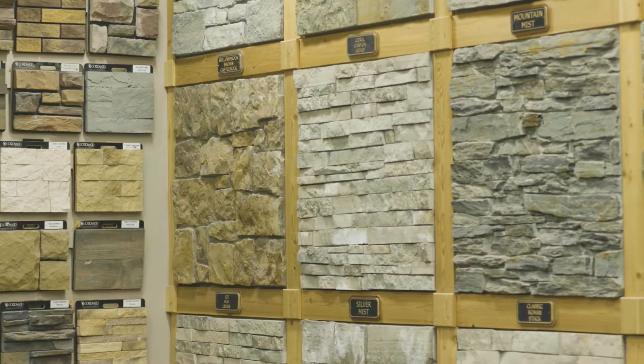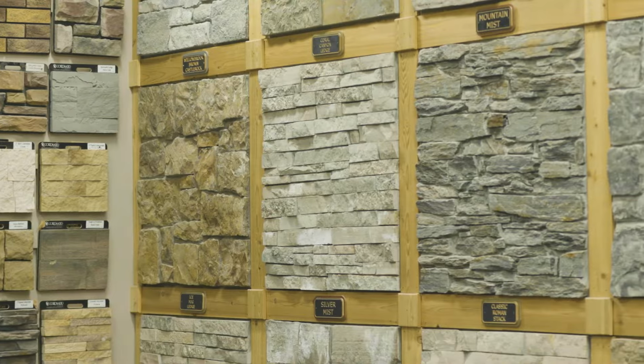How do you choose the right stone? For us, usually what we do is we go find a profile and then we find a color. We call it a cut on that profile. Say I want a traditional cut or I want a linear cut. Once I narrow that down, I'm going to find the different colors that come in it. With a natural stone, what you get is what you get. So if you like a certain style of stone, it typically only comes in a couple of different profiles